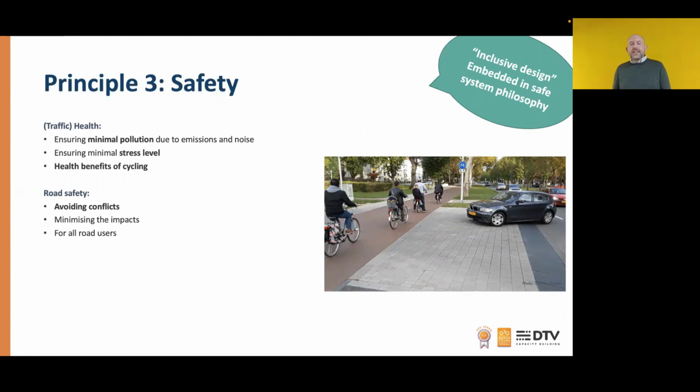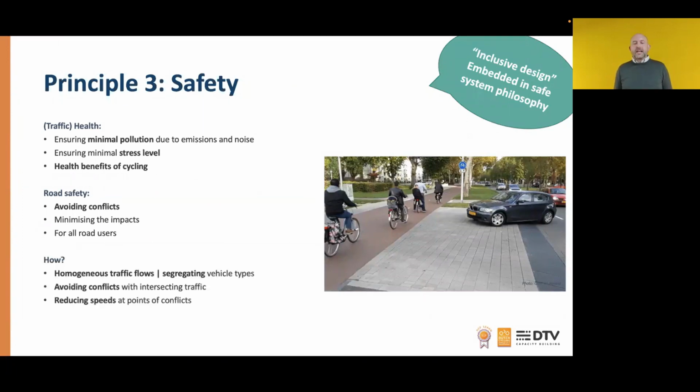The second one, road safety, is of course the traditional road safety that we're after. And through our plans, through our designs, we would want to plan for avoiding conflicts, and where this is not possible, we want to minimize the impacts. And we think about safety in a holistic way. So we want to have a safe system for all road users, cyclists being one of them. Okay, how to do this is really segregating flows, creating larger offsets, or looking for quieter alternatives next to busy arterials.